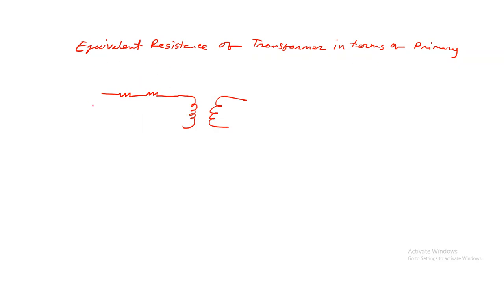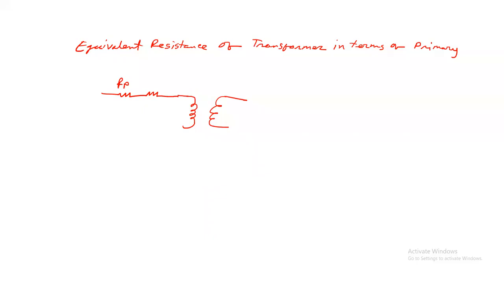So this is the primary part. You know that in our primary part there must be the internal resistance of the primary part. This is the R_P, primary resistance. Okay, this name is primary resistance, and this resistance is not primary resistance. This resistance is the secondary resistance